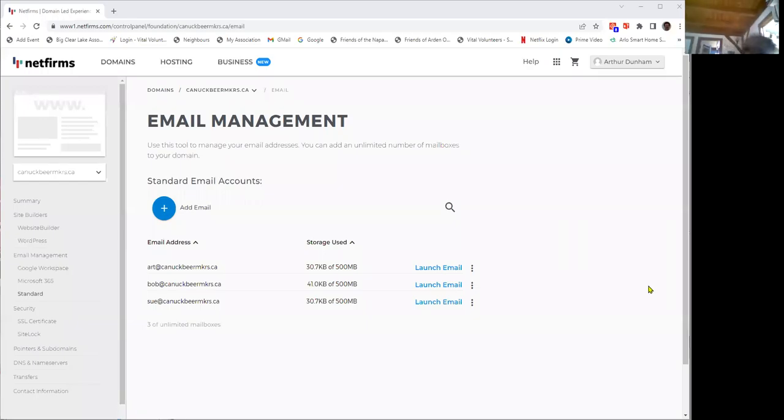Hi, everybody. I'm happy to announce a new feature in the Vital Volunteers Association Management software. What this feature allows your members to do is send an email to their immediate neighbors. It's based on distance from your member's house, and they can send an email for things like,